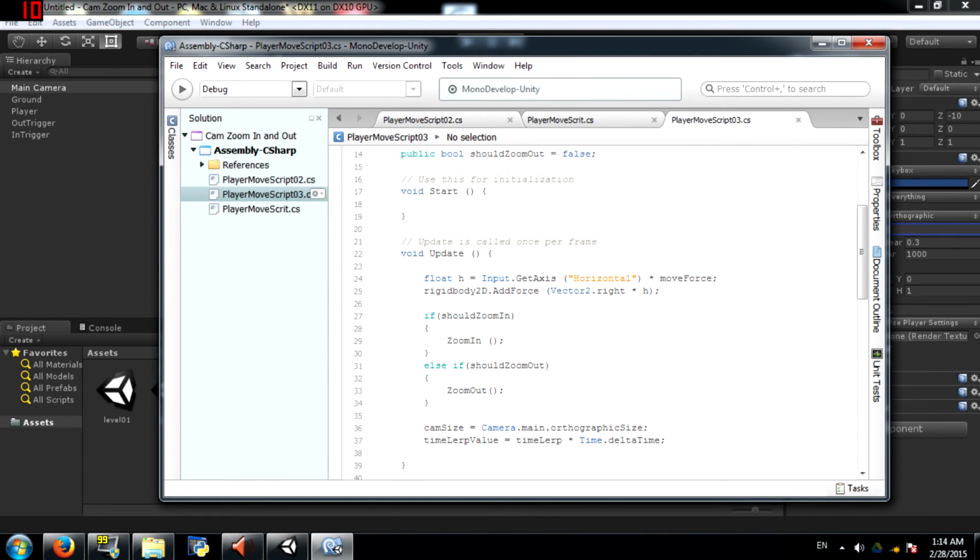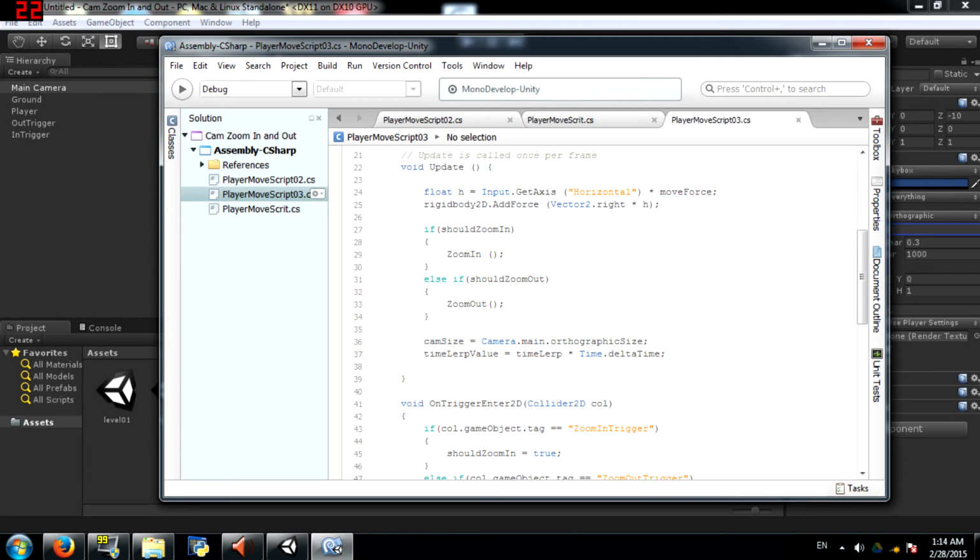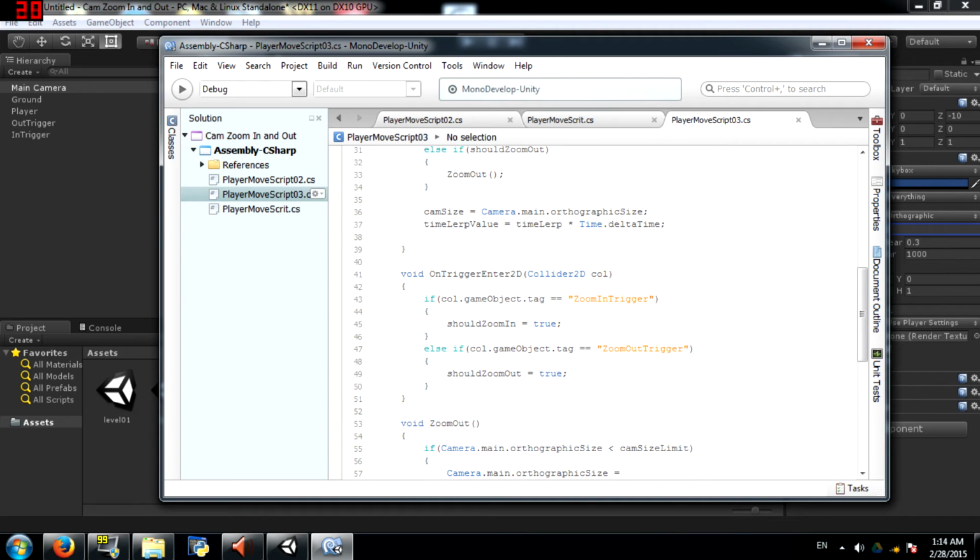So you start your game, and then at some point update is called, at which point it's going to check for input, and it's also going to check if should zoom in is true or not, and also if should zoom out is true or not. How are they going to become true or false? If the player triggers that trigger,